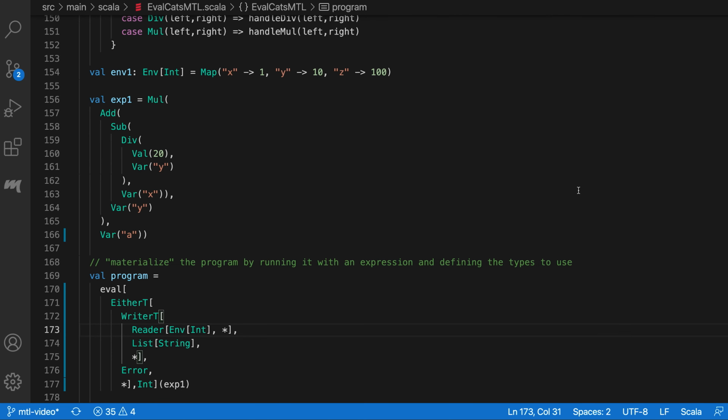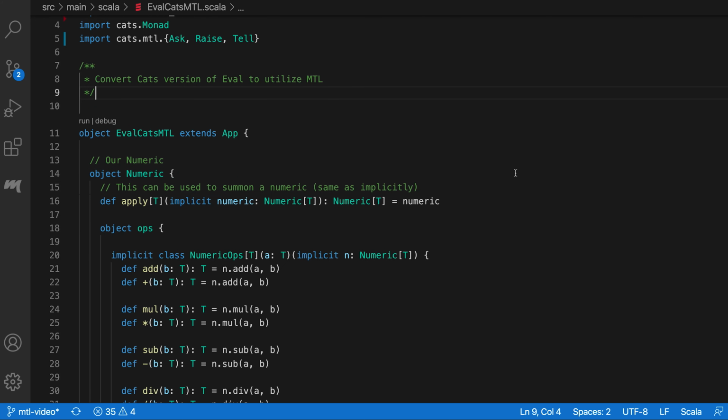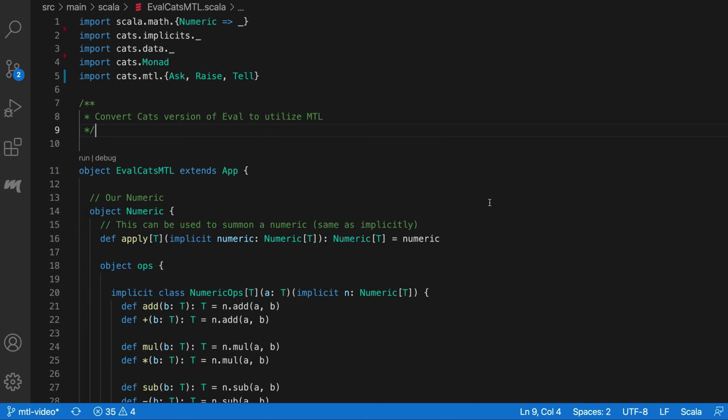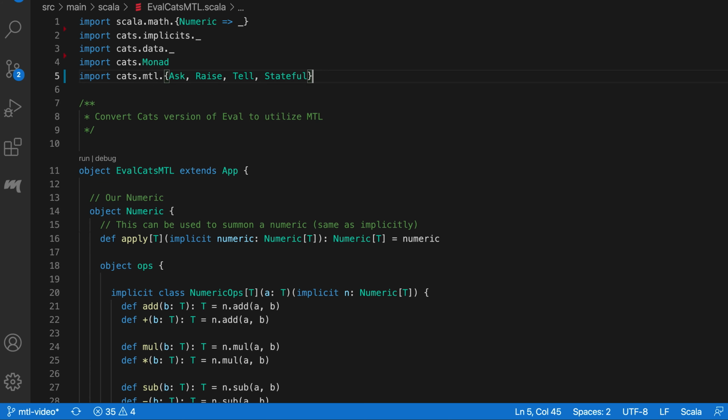So I think you'll find that adding another transformer type is much easier in the MTL style. So I think MTL style gives you code that's a lot more scalable in terms of complexity. So what I'm doing here is I'm going to use the Stateful type class,